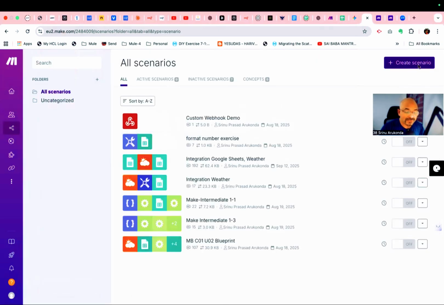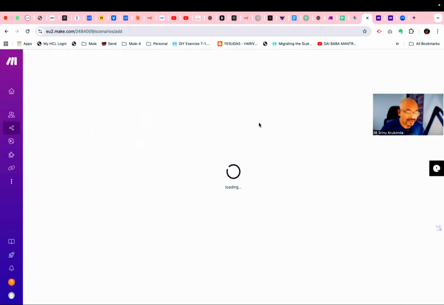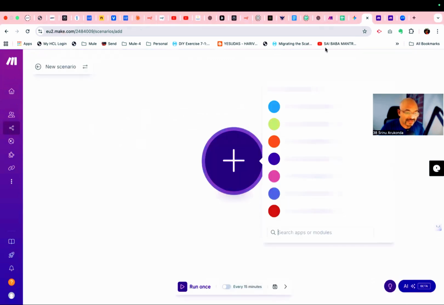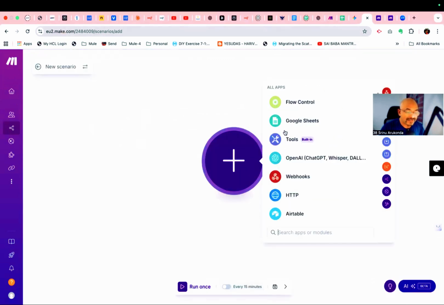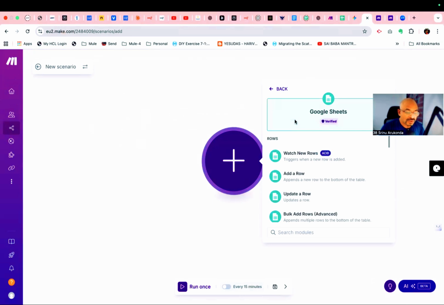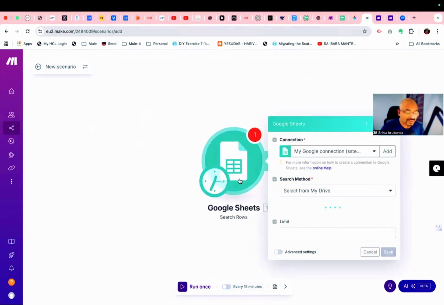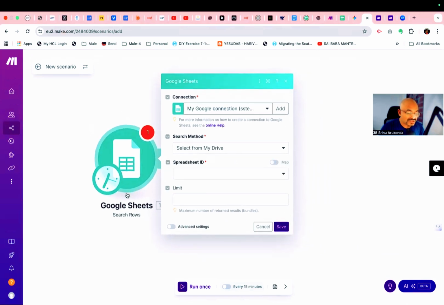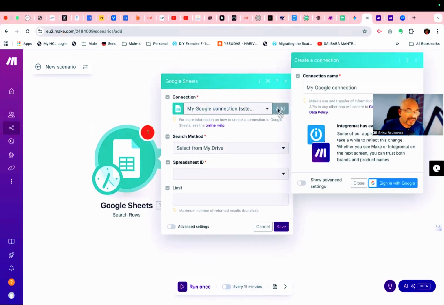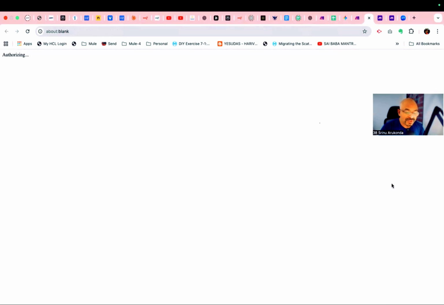I'm creating a very simple scenario, like whatever scenario I showcased over here, and I'm getting the Google Sheet. I'm executing the search rows. So now search rows is a scenario over here. I need to connect. I'm connecting to my Gmail ID,